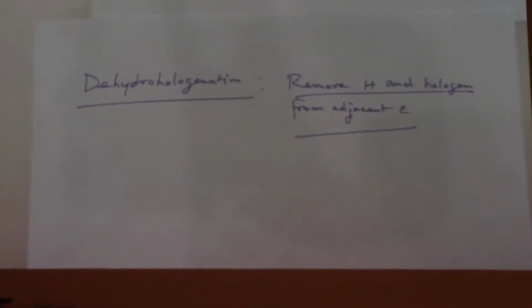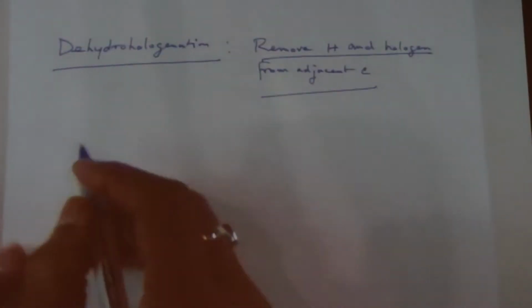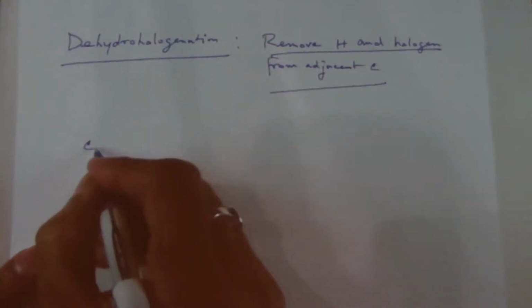And that can be carried out in the presence of a strong base. So this is an example of E2 elimination, where you may have